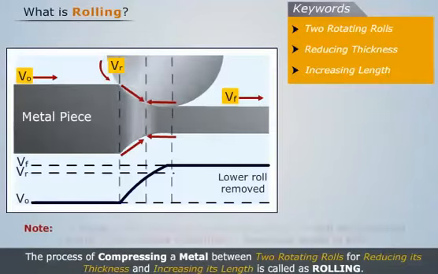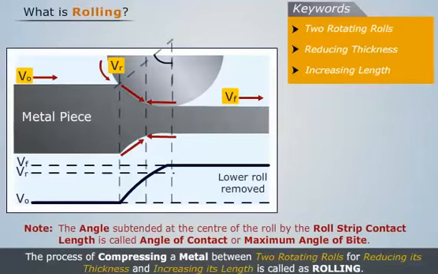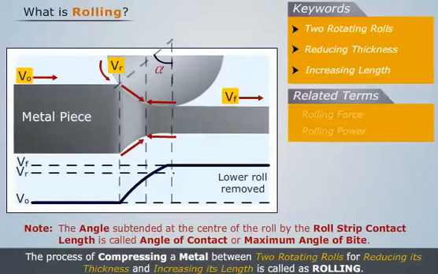Note that the angle subtended at the center of the roll by the roll strip contact length is called angle of contact or maximum angle of bite. Related terms are